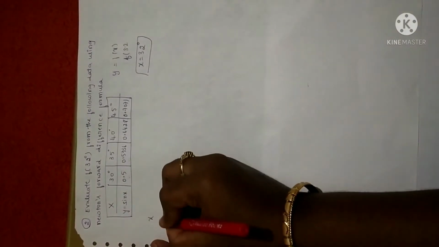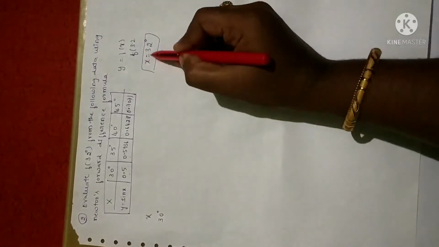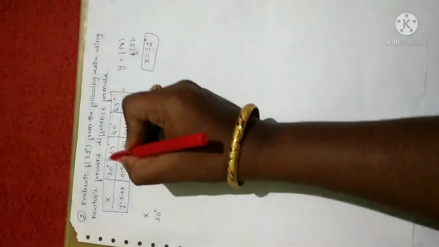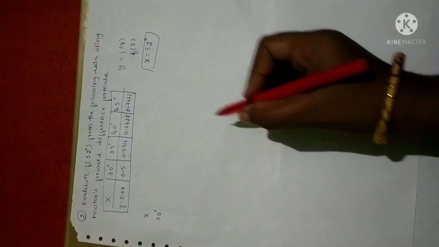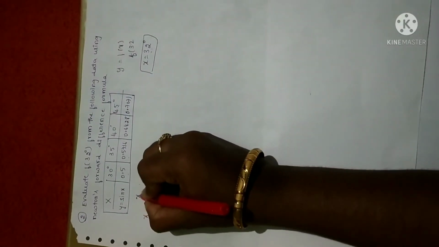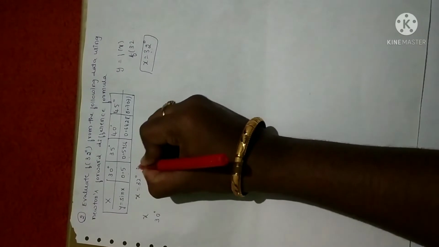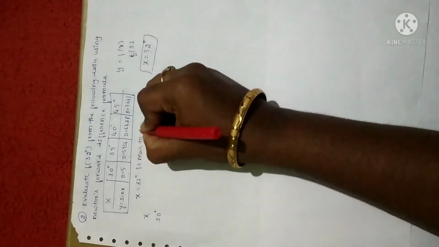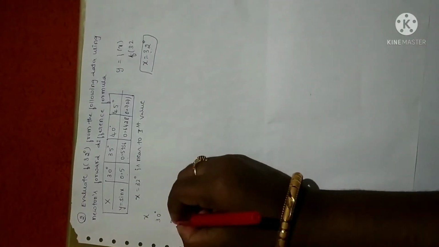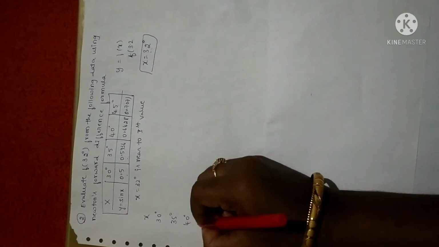So x values, 30 degree. First we have to construct the forward difference table. Before that you have to check whether we have to construct a forward difference or backward difference. So what is the value of x here? 32. Now we have to check whether 32 is nearer to 30 or nearer to 45. Clearly 32 is near to 30 degree. Right. So it is nearer to the first value. So I'll just write here: since x equal to 32 degree is near to the first value, we have to use forward difference. So x is 30 degree, 35 degree, 40 degree, 45 degree.